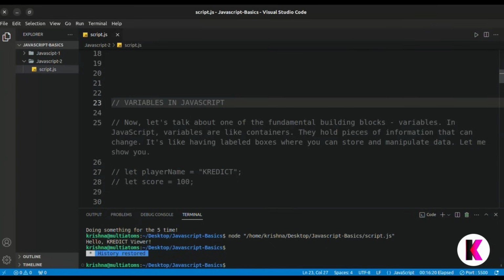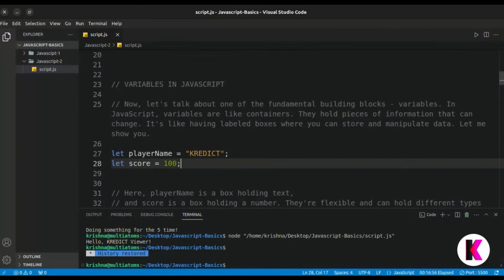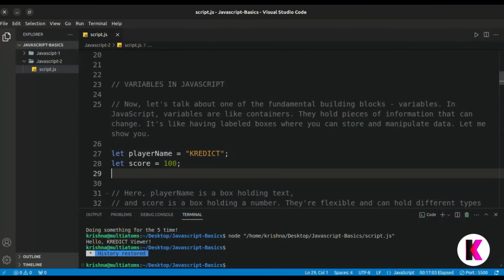Let me show you an example. Friends, this is a let keyword, player name, and credit. This is a string. And what is a string? A string is a collection of characters. Now see this example. In the previous video, I already taught you how you can set the output in JavaScript.